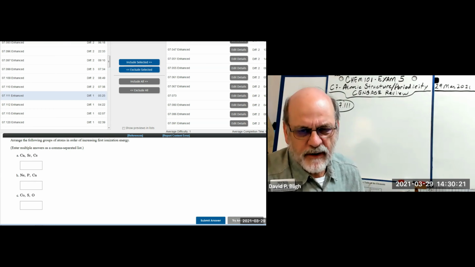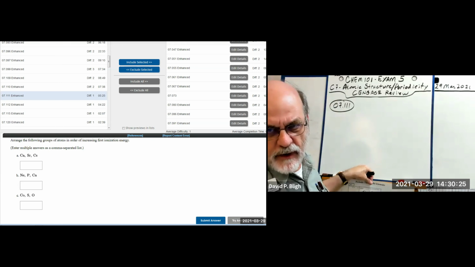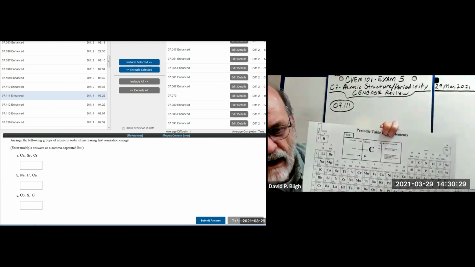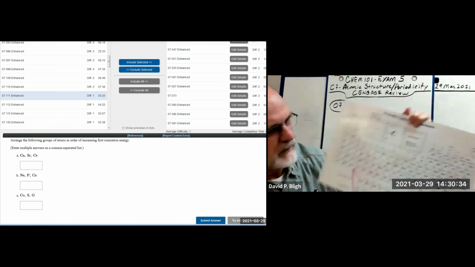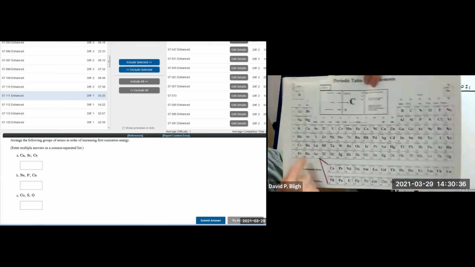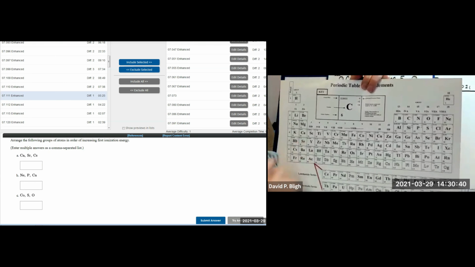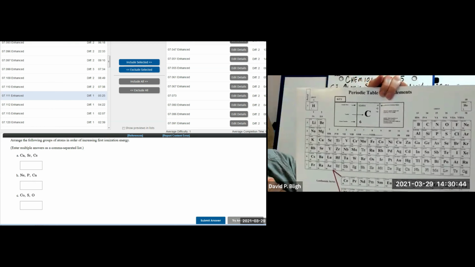It'd be better if I had a periodic table up here, but I can only share one thing at one time. So I might have to use my periodic table here. Okay, calcium, strontium, cesium. Where are they? Calcium's right here. Strontium's right here. And cesium is over here. So if they're in order,